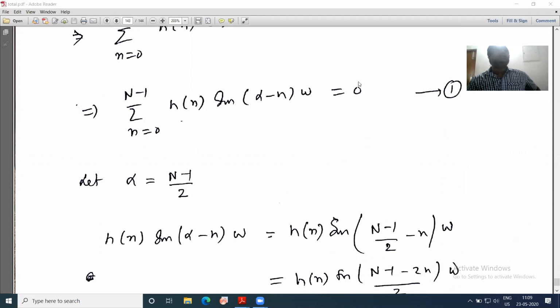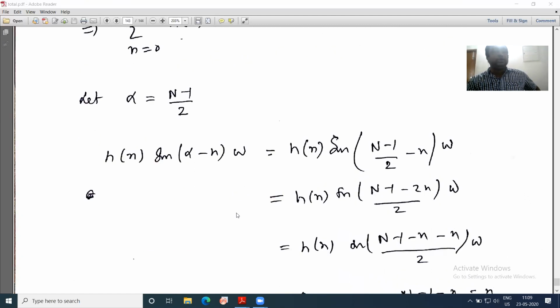This equation is essentially derived on the basis of two concepts. One is the finite nature of the filter and also linear phase is assumed here. Linear phase is assumed here, is it not? If it is assumed, then this would be the equation. Now if this condition